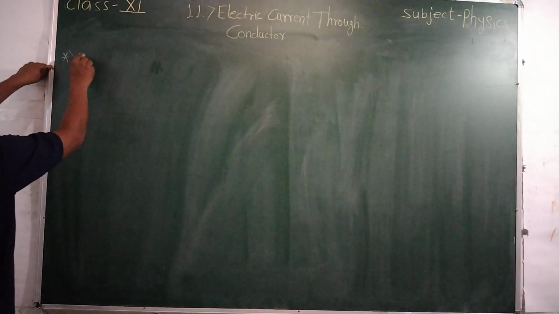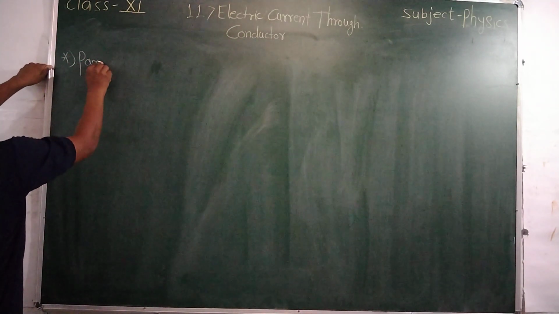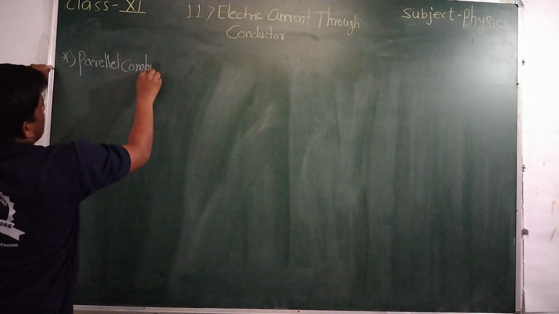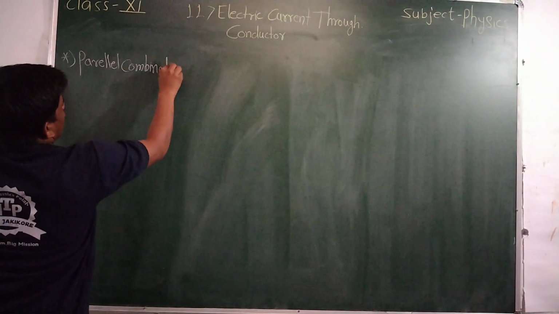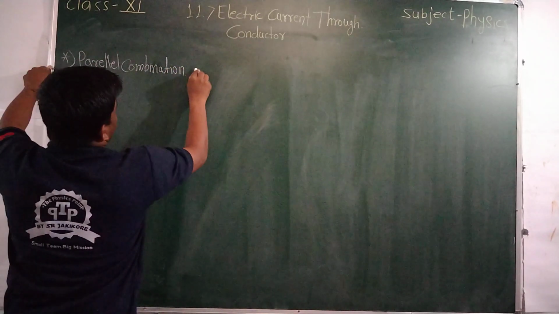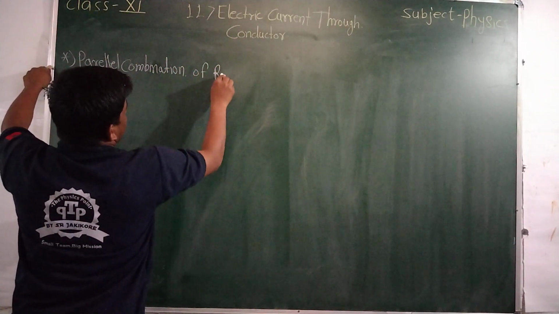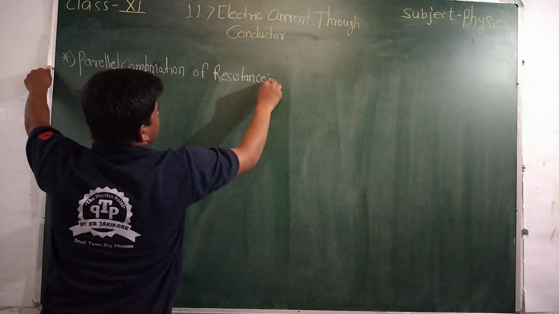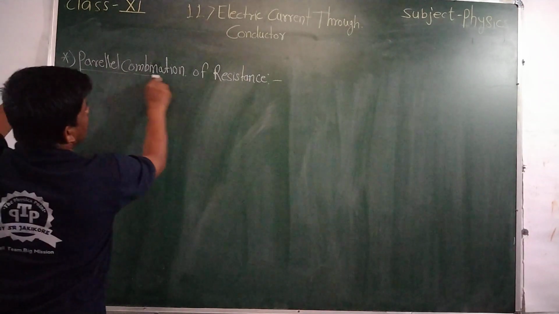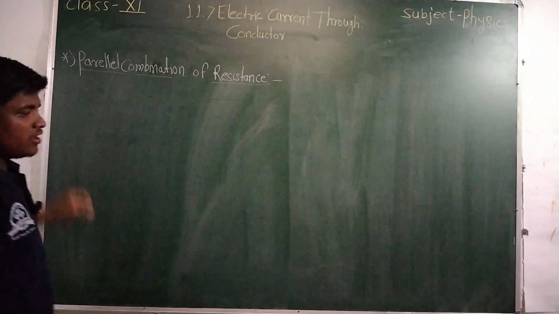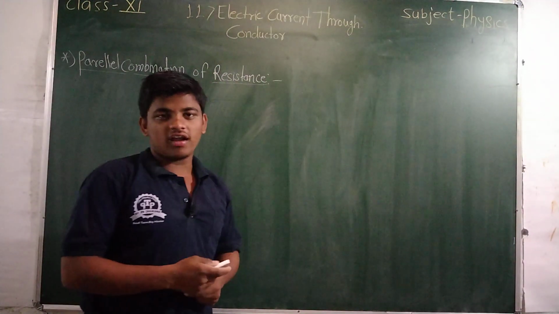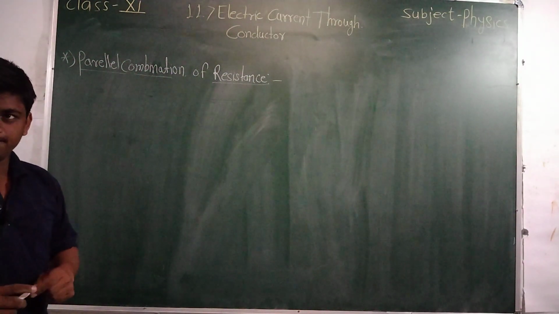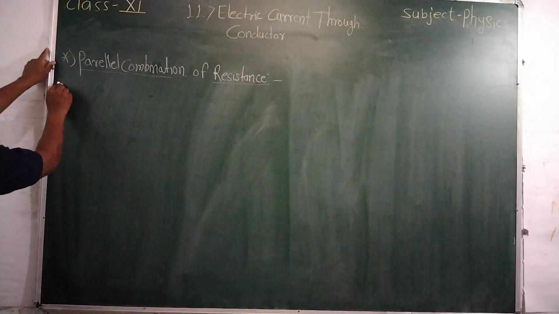Parallel combination of resistance. The resistors are connected in a parallel form. I will give you one clue on how resistors are connected in parallel combinations. In a parallel combination,